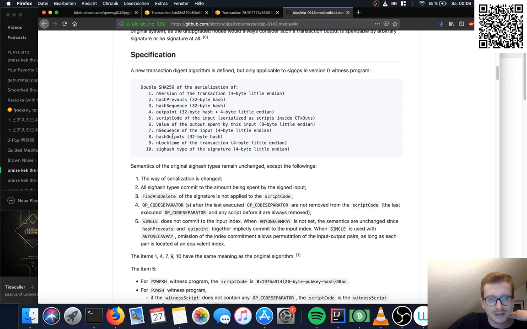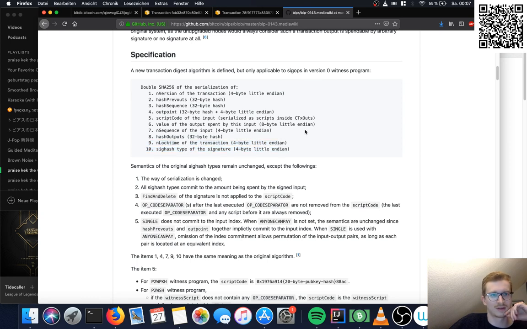And yeah, the outputs, the locktime of the transaction, which I think is useful if you use the check lock time verify opcodes. The interesting part for us is only this part here, the hash outputs. Everything before here is irrelevant for us, and everything after here is irrelevant for us.